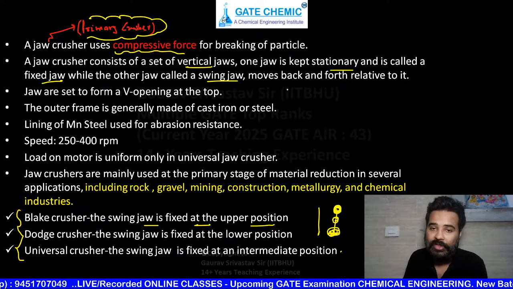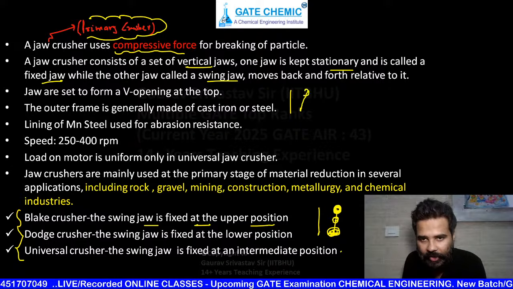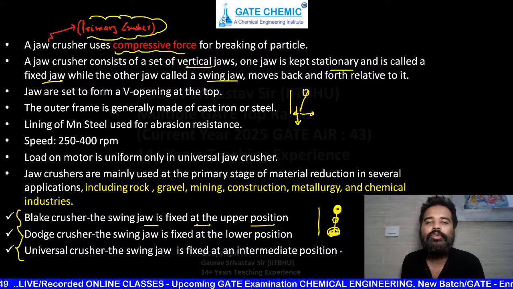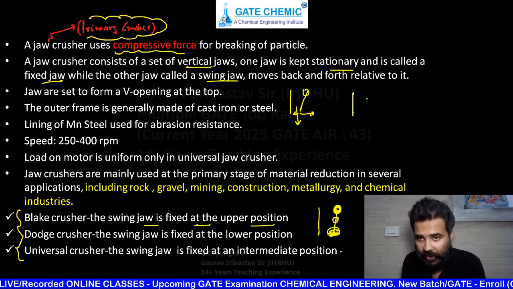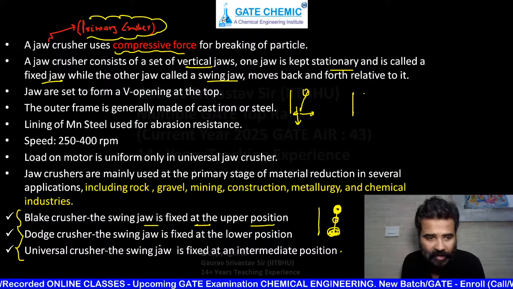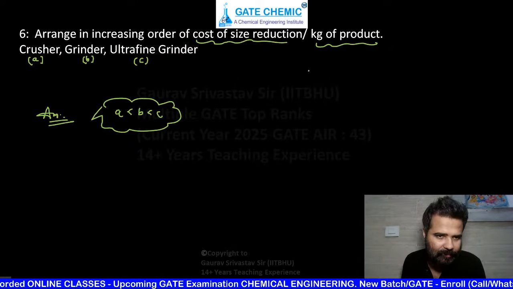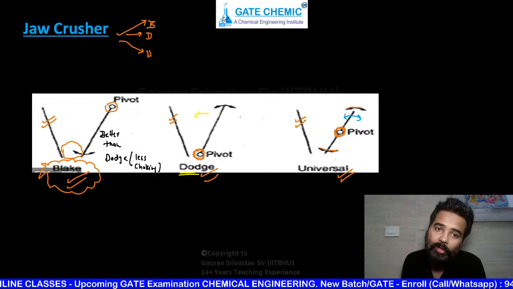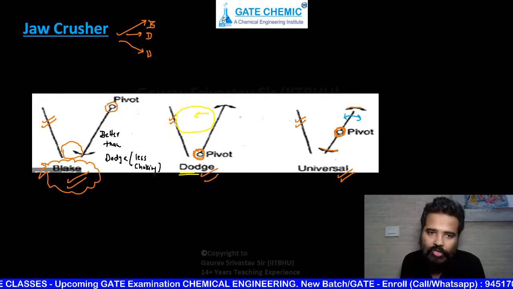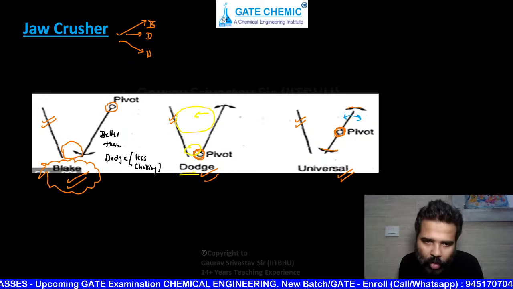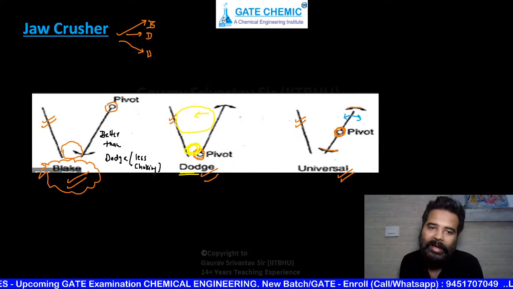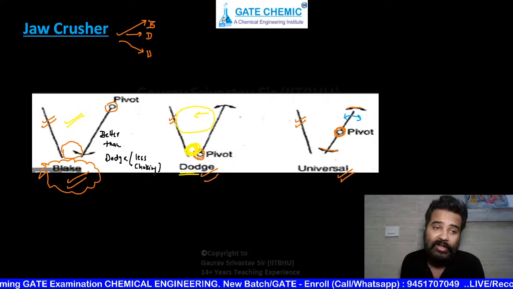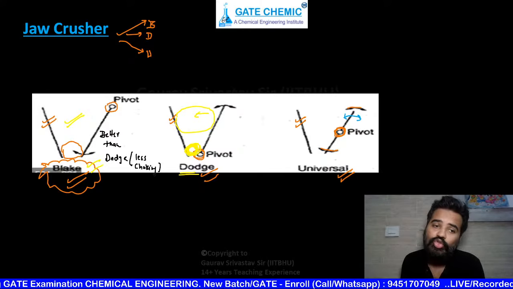Why, my dear students? Because see, if it is Dodge jaw crusher, it is going forward, then when backward motion is there, that is going to discharge from bottom. It can't choke. But if it is like this, अगर ये आपका top में, see this diagram, अगर ये कुछ ऐसा होगा Dodge jaw crusher, then what will happen? Motion is on the top, so material is going to break here, and here no motion is present, so clearly choking problem can occur here. इसमें choking की problem आ सकती है, but यहाँ choking की problem आ ही नहीं सकती है. In Blake jaw crusher, there is no choking problem. Okay.